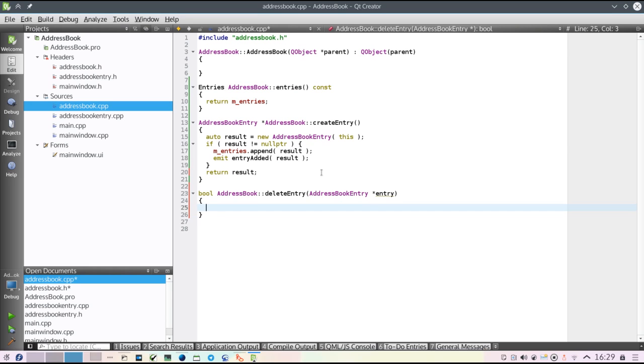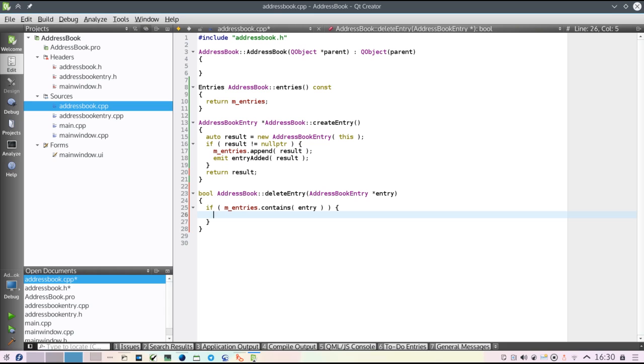And how could the implementation here look like? So as I mentioned, we have to make sure that we follow the ownership of address book entries. So only if this address book is the owner of the address book entry given, we really want to proceed. So how to do this? We could check if the entry is part of our entries list. Okay, so if it is really contained in the list of our entries, then first of all, let's emit the